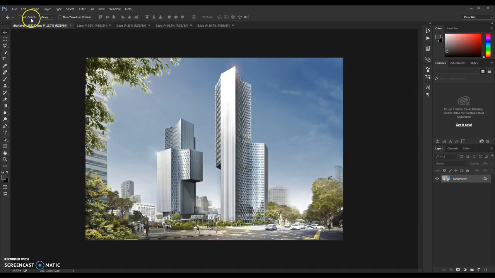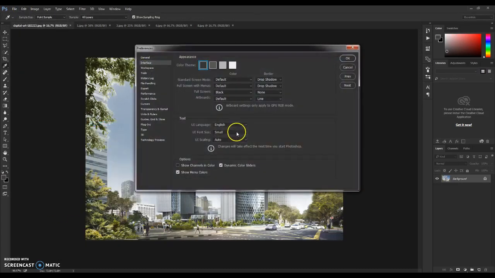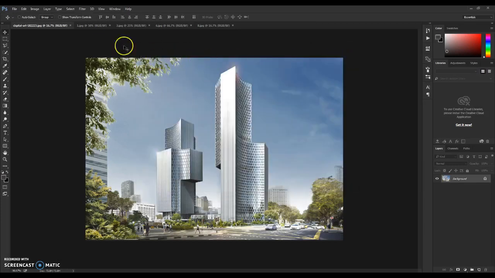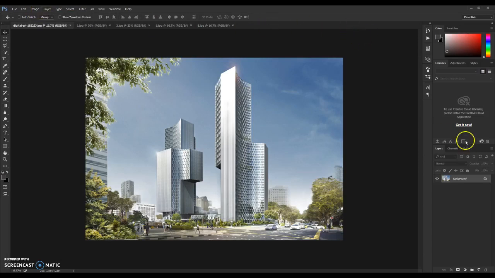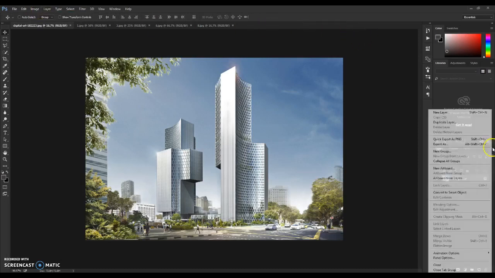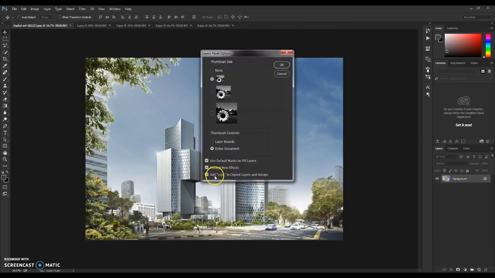First thing you will need is an English Photoshop version, so go to Edit, Preferences and Interface, and check that the UI language is set to English in order for the action to work. Next, go to Image, Mode and check RGB Color and 8 Bits/Channel. After that, go to the layers panel, click on this box and click on panel options and make sure that